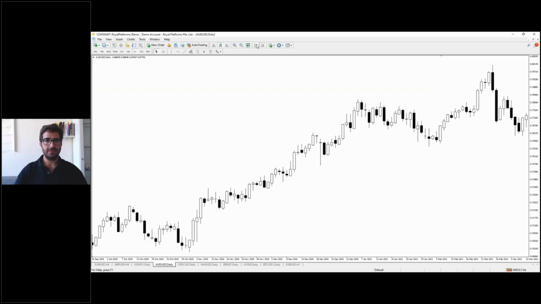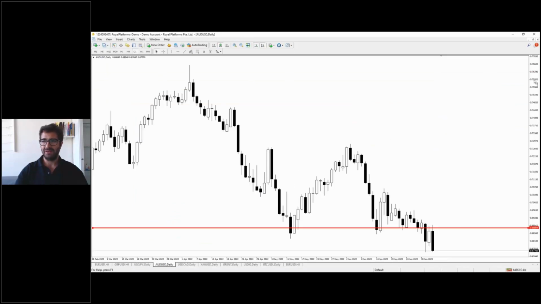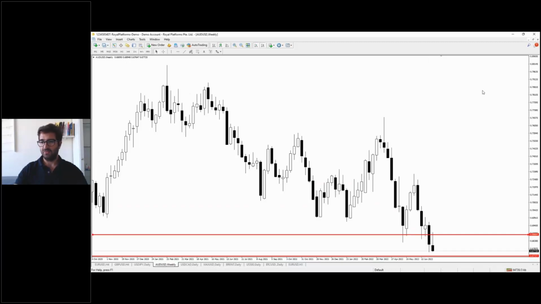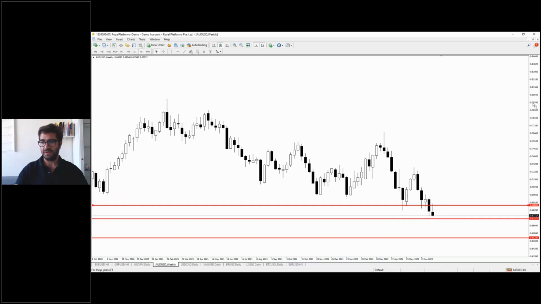Australian US dollar on the daily time frame also is moving to the downside. The market tried to reverse with a big bullish bar here. You can see it, but it failed once it hit or tested the 1068 level. And then we have an aggressive move to the downside. If we look on the lower time frame, it is more